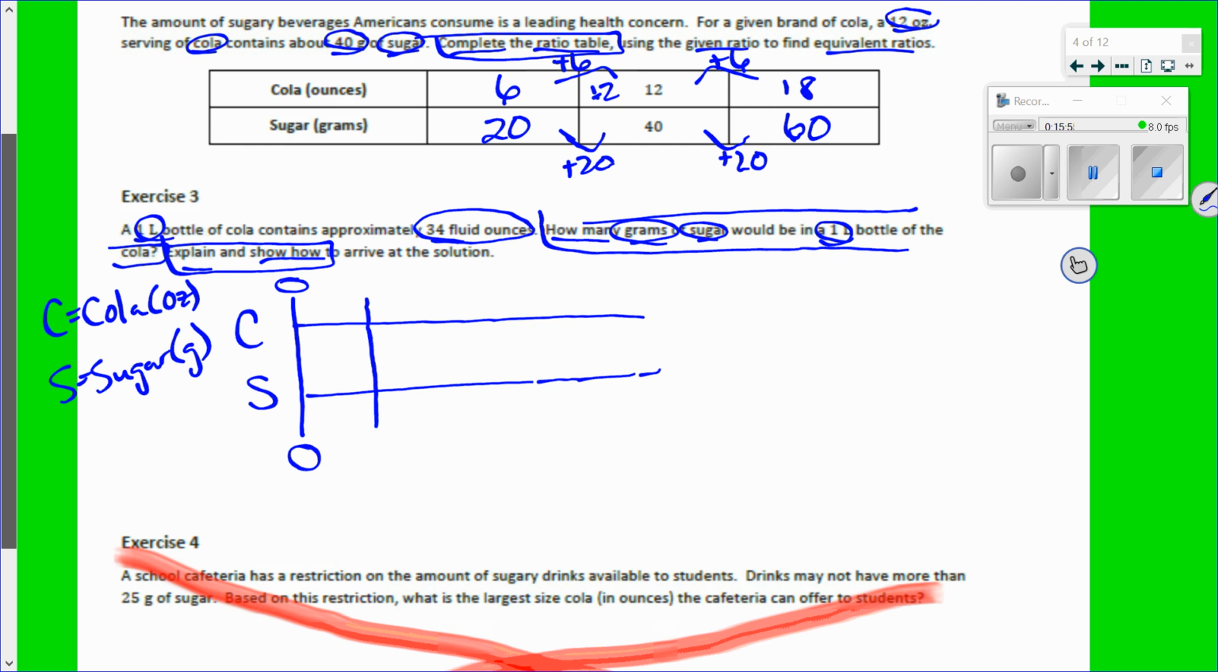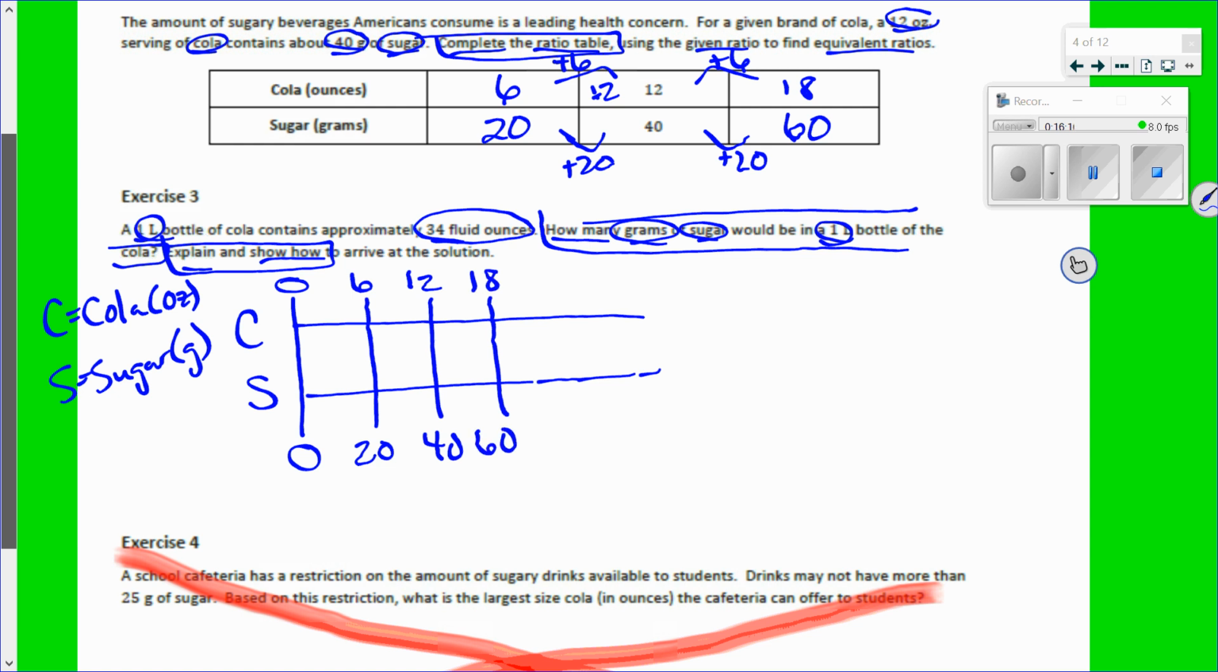So what's the first value for cola? 6. What's the first value for sugar? 20. And that's my number lines. Then my next one. So my next entry was 12 and 40. Good. So we'll just keep going. My next entry,